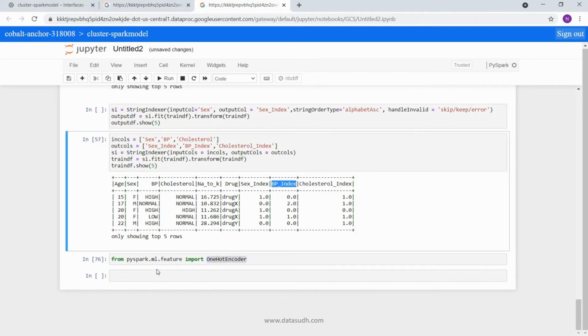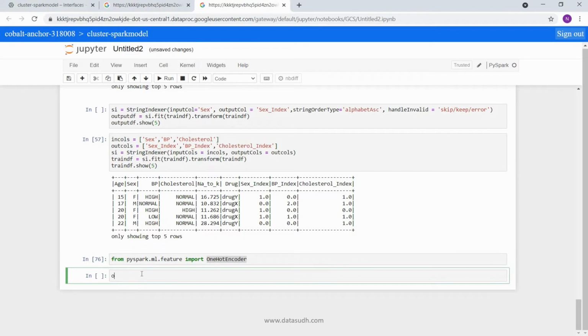So let's take one column, for example, provide it as an input col, and specify an output column, which will be the one hot encoded value.